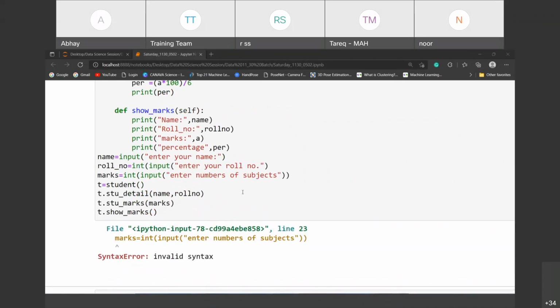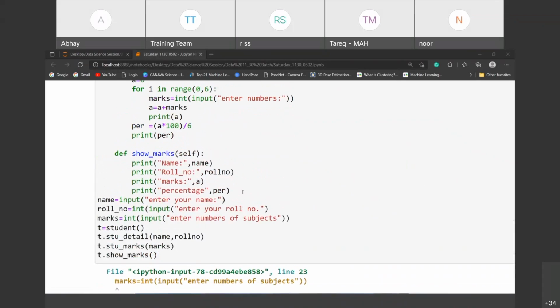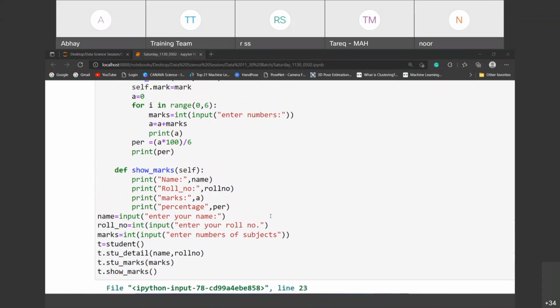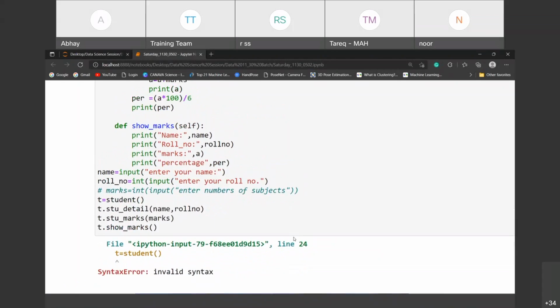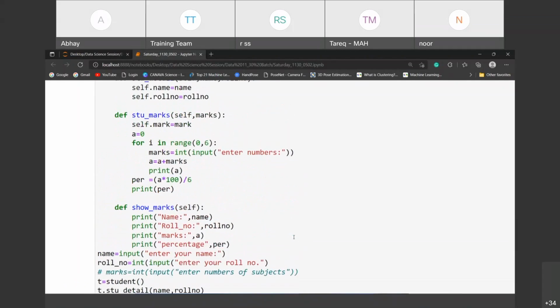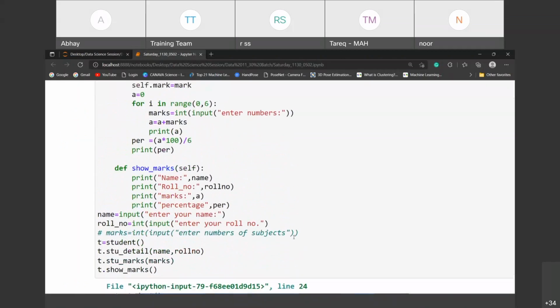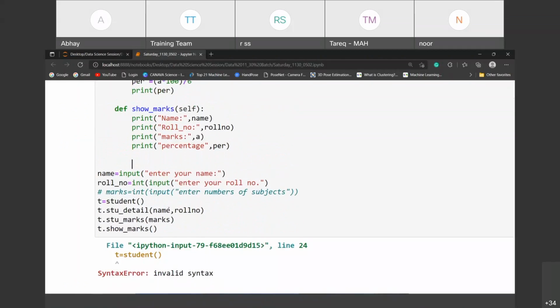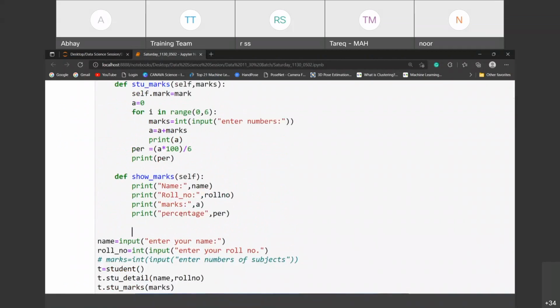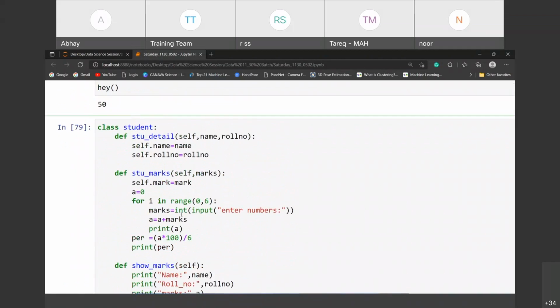So you should remove some. T is equals to student, T student. Why take T is equals to student? This is your class, student class, student object you have created, and T dot student name and roll number, name and roll number.